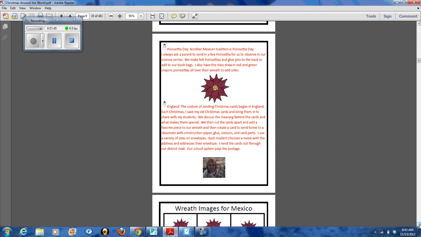We also go through and celebrate Poinsettia Day, which is another day that is celebrated in Mexico. And we make felt poinsettia pins where we're just tracing some parts of the poinsettia on red felt, and then yellow felt. And then we go ahead and glue those together with craft glue, and then I add a pin to the back so that they can wear it for the holiday season,